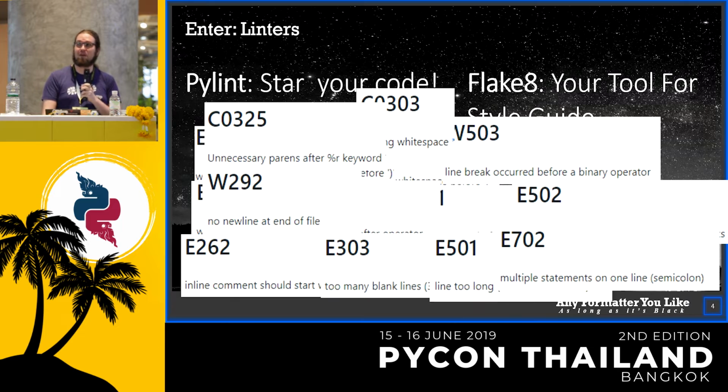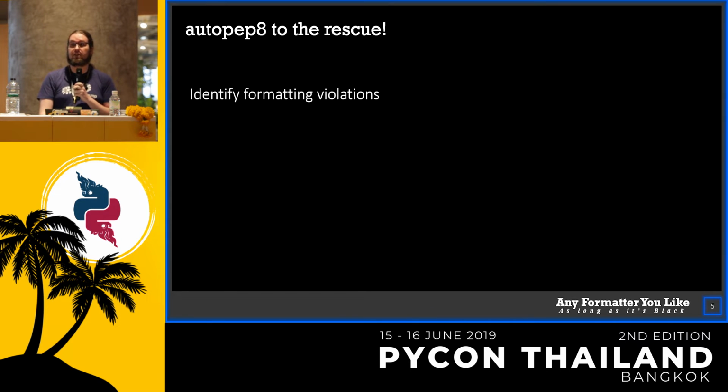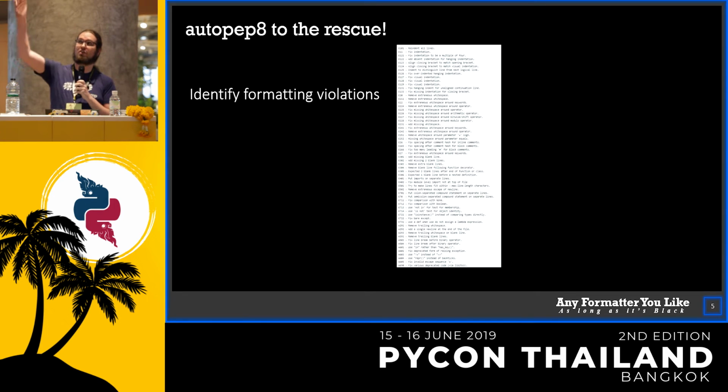So people realized this is a problem. So they wrote autopep8, which is a tool that basically identifies your formatting violations in the same form as a linter. It has a bunch of rules. These are all the rules that it uses today. I don't really want you to read them, I just wanted to show that there are a bunch of rules already.